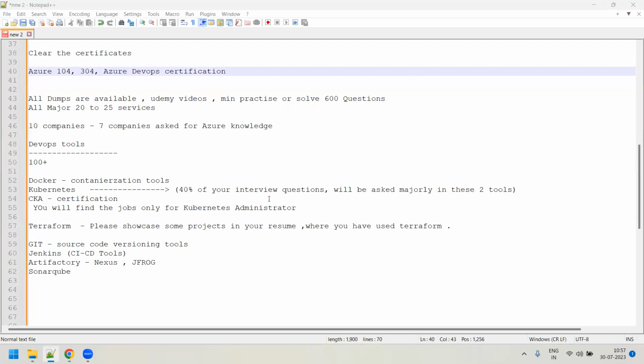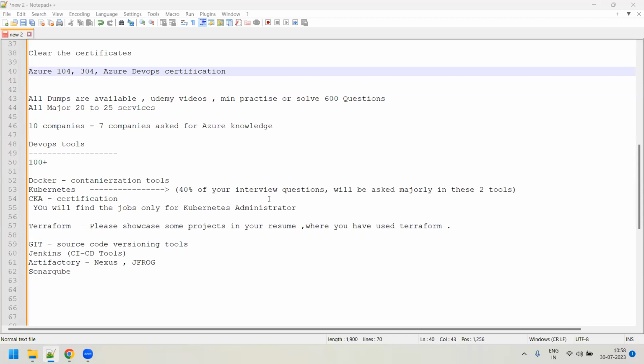People might know many things. They might have written a lot of pipelines. But sometimes, on some very basic fundamental questions, they might not be able to answer. For example, in Jenkins, what is the file format it uses internally? How does it work internally? It's an XML file format. For any kind of communication within Jenkins, it uses the XML file format.